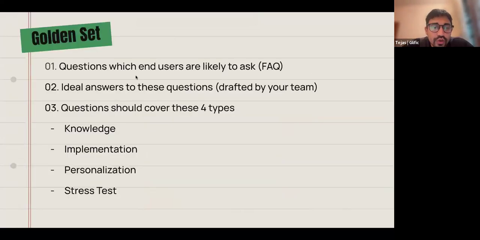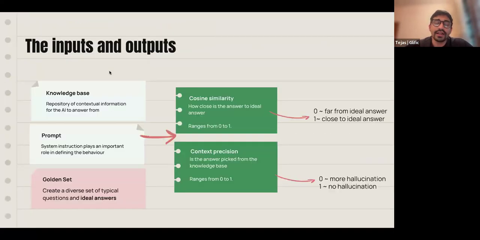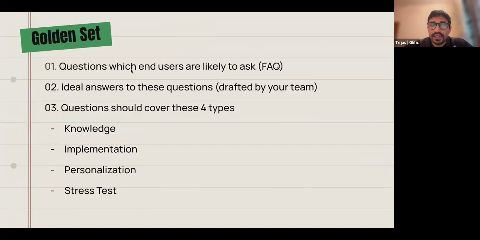Okay, cool. So, thank you all for sharing. One of the important things is the golden set. Now we're going into how to get started. Since we already have the knowledge base and prompt, what we need further to go ahead is the golden set of questions. We'd like to speak a little bit about that and what you can do to make sure that you have covered a lot of it.